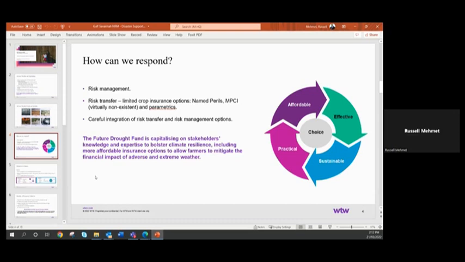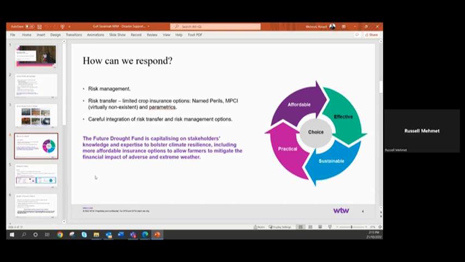So that next point, the third point, there needs to be, and that's what we've concentrated on, a real integration of that risk management process, as well as a risk transfer or insurance setup that doesn't try and be everything to everyone, and is more an extreme weather event type coverage. In other words, the sort of worries that keep farmers awake at night. Get that insured, and they're aware of that side of things, and the rest of it they can manage themselves. So that's what we've concentrated on, the real extreme weather type of event.